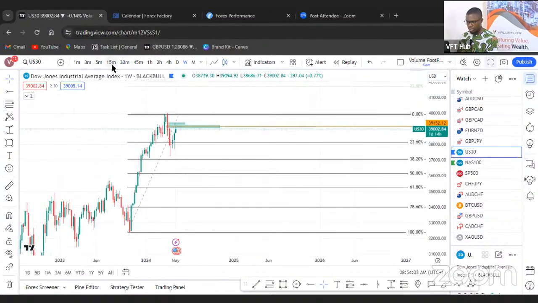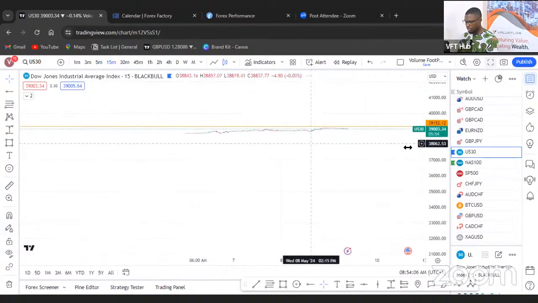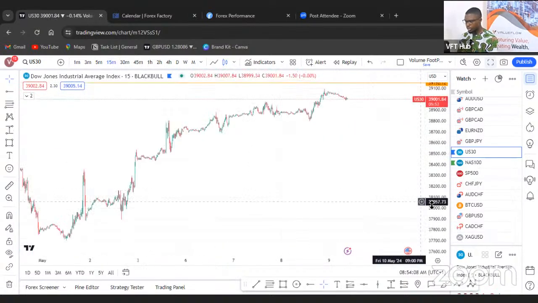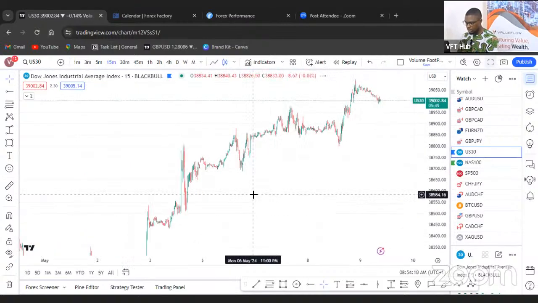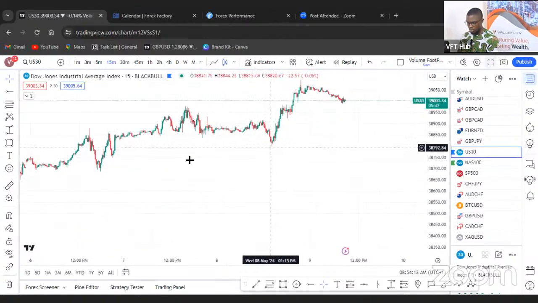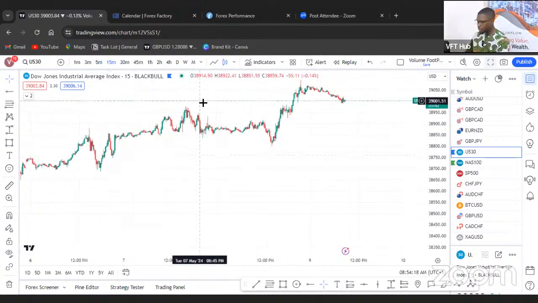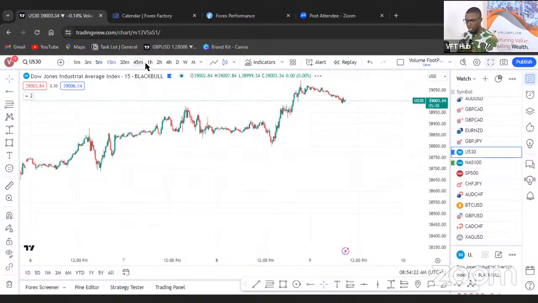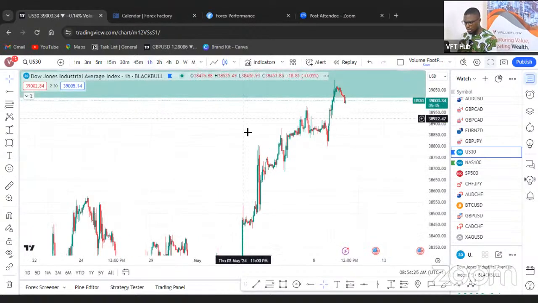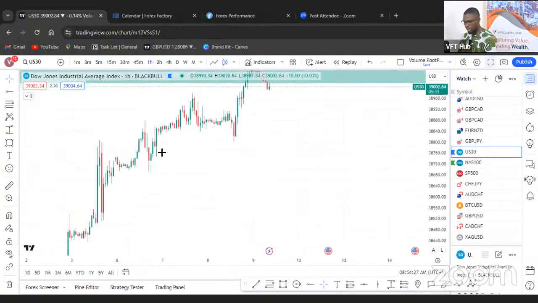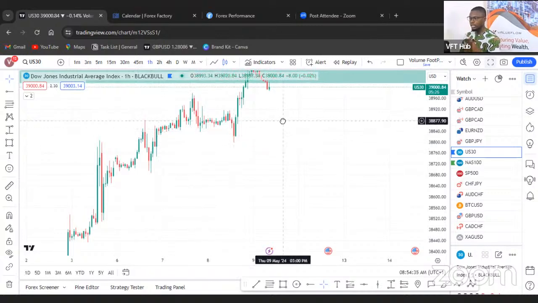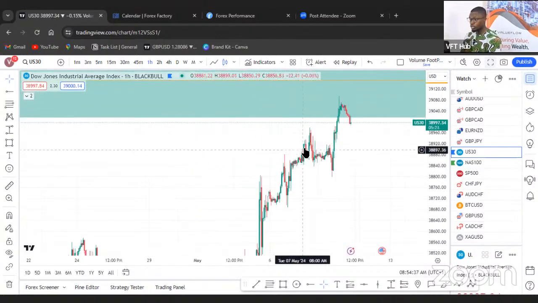For the 15 minute intraday trade, there's nothing specific. I should have taken this, I missed this entire move. We're expecting price to clear this structural liquidity, but sometimes price just doesn't clear it before it moves. It tapped on the 1 hour order block, and then saw the bounce off, right? Just a bounce on that order block and then price began to rally to the upside,